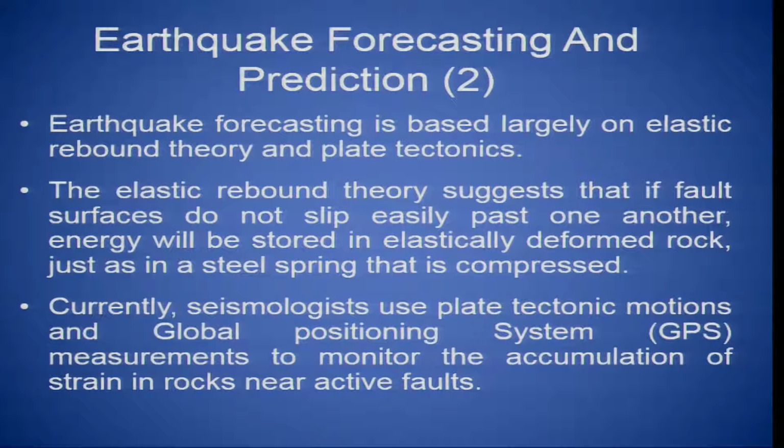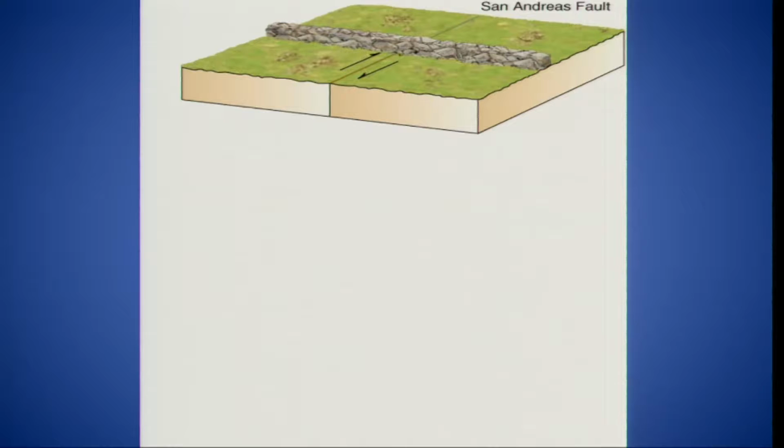Welcome back. So, in the last lecture we were talking about how the Global Positioning System, or GPS, can help us in monitoring the ongoing deformation. This is what I was talking about, the elastic rebound theory. So, for example, if you are having an active fault